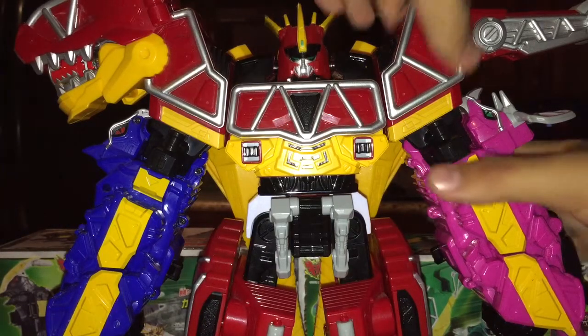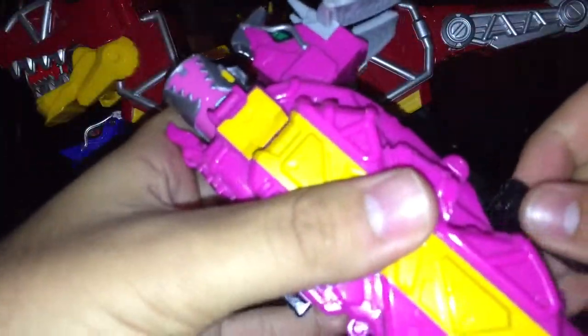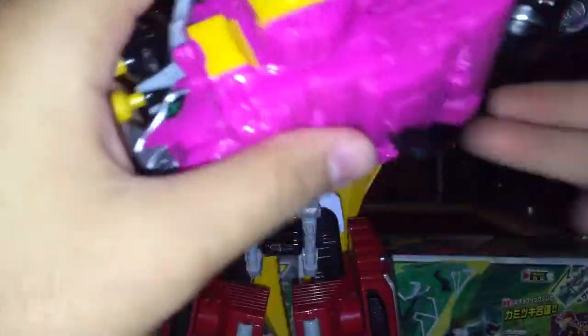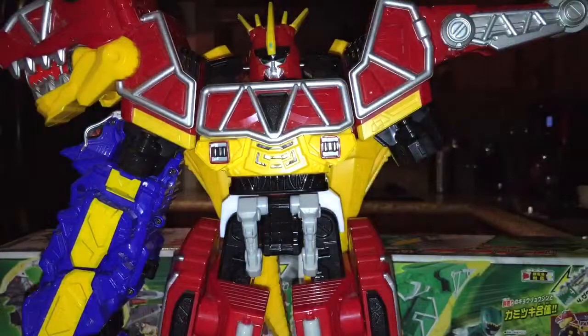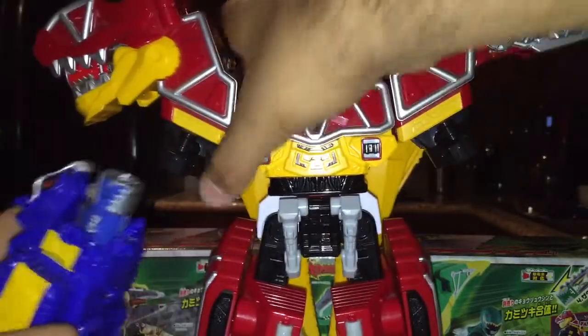So, to get this started, first, attach Dorikera. I hate it when this thing does it. On mine, it loves to come off, so yeah. That might happen eventually on yours, so be warned. Put the legs down, because I don't want to have arms all over the place. Alright,